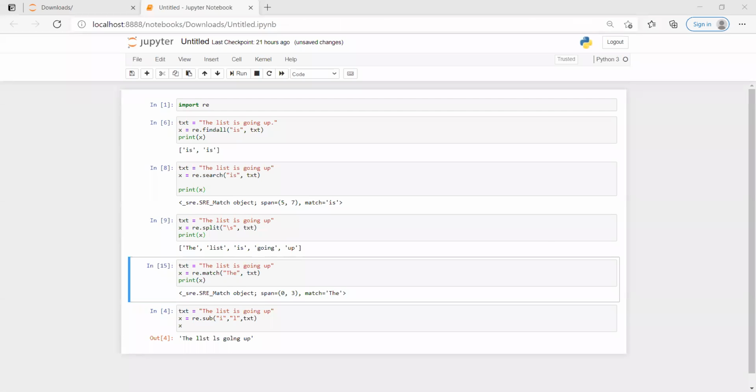Hello friends, today we are going to look into a new topic called regular expressions. Normally, regular expressions provide functions related to text processing.